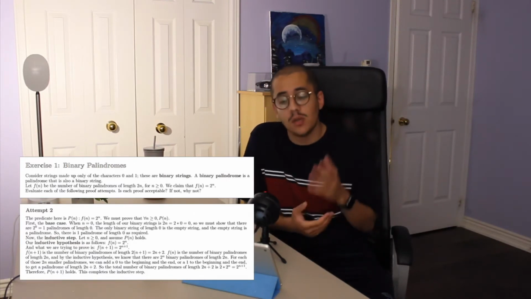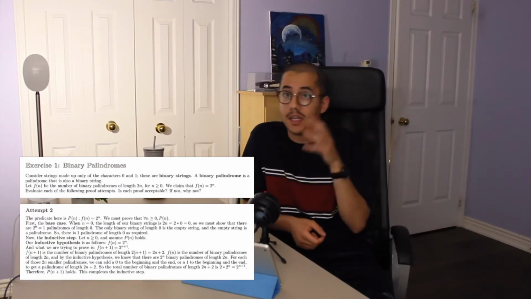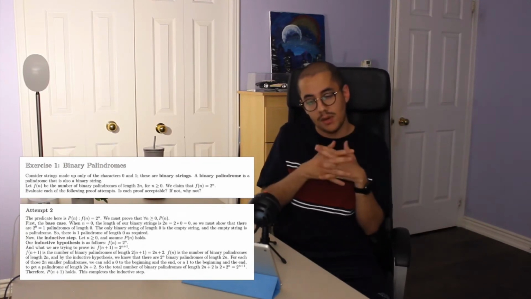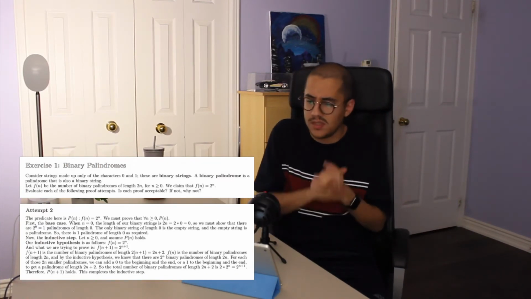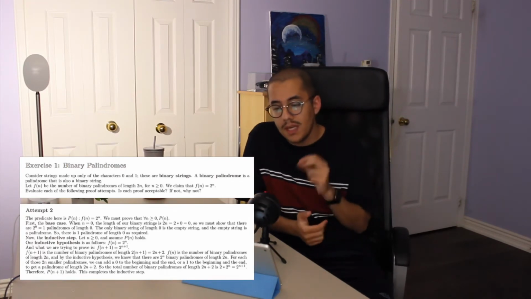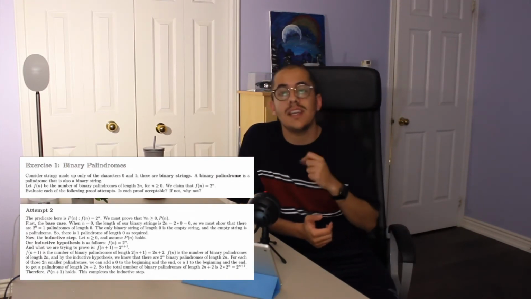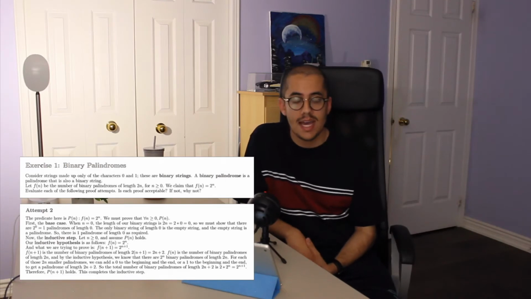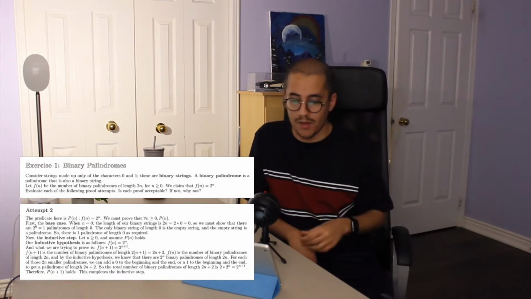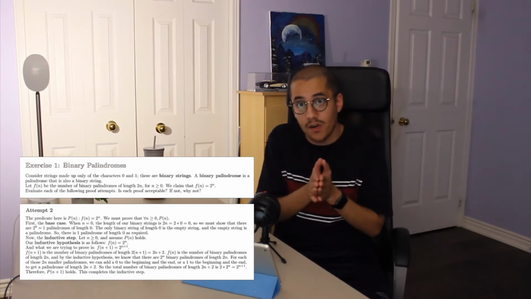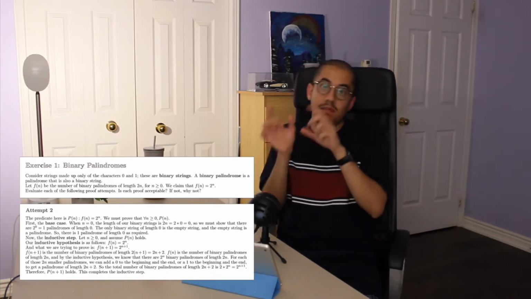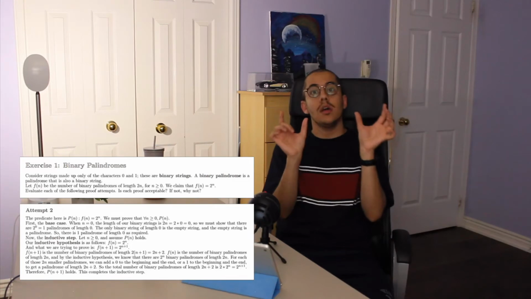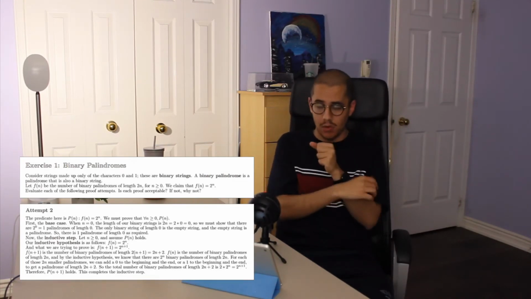But for this part, it's better than attempt 1. It's much better. It shows the predicate, it shows the base case, it talks about the inductive step, the inductive hypothesis, the assumption is there, everything's looking good. But here's the problem. It's not explicit enough. Let's go through it. For example, the f function shows how many palindromes exist given how long the binary string is, correct?